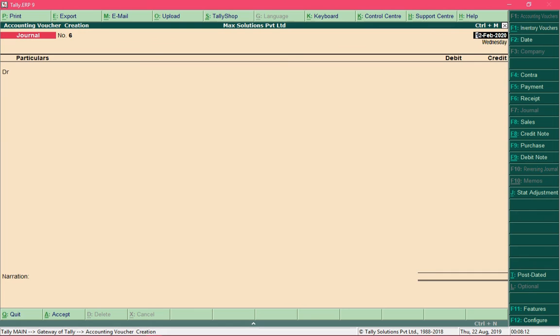And not just GTA, any kind of notified service or notified goods like purchase of cashew nuts, tobacco leaves, when you purchase them you need to record all the given entries which we discussed. And to summarize, this is a 4-step process where we first record purchase of services or notified goods, then we increase our tax liability, and then we make entry towards payment, and then we increase our input tax credit.